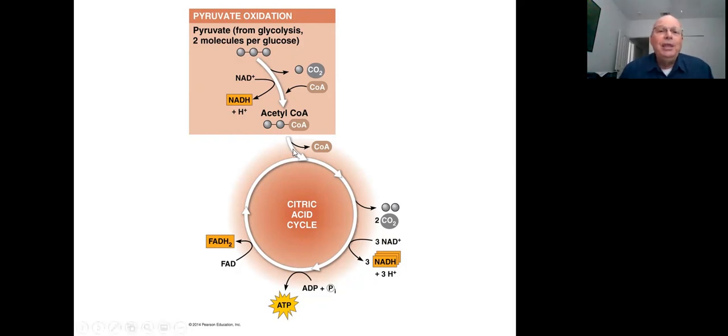So if we're thinking in terms of what goes on related to the citric acid cycle, we start with the pyruvate. And for each pyruvate molecule, we lose a carbon dioxide as it gets groomed. And this step is actually referred to as